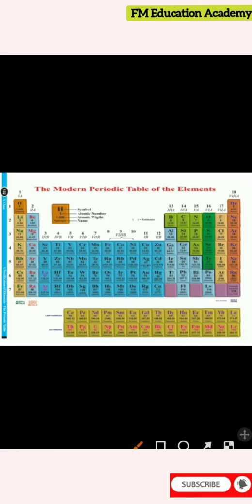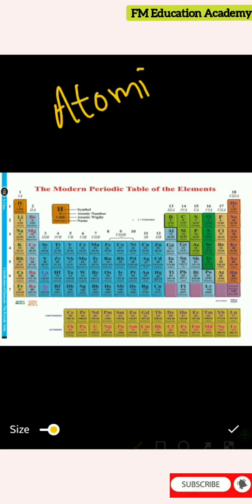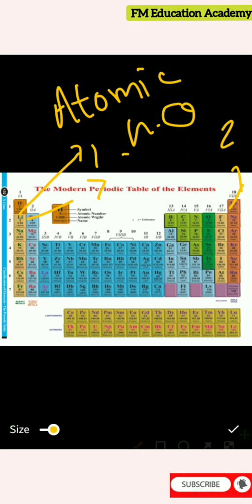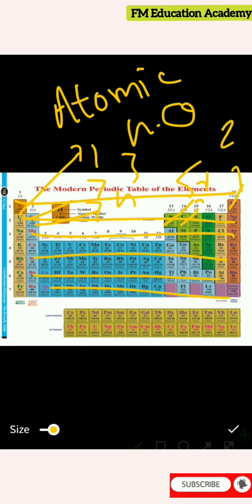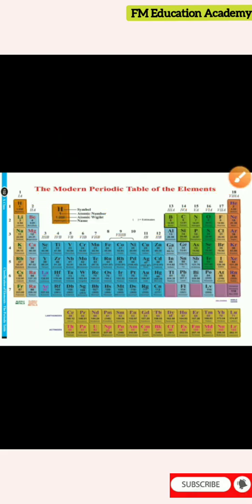And one more property we know about modern periodic table is that it is written based on atomic number. For example, hydrogen atomic number you can see here 1. Then helium atomic number 2, lithium atomic number 3, 4, 5. So based on that, it is arranged in horizontal rows based on atomic number. As atomic number increases, the elements also increase. Those properties all we will write now. No need to draw this periodic table in the exam, but I have showed you so that you will get an idea what a modern periodic table is.